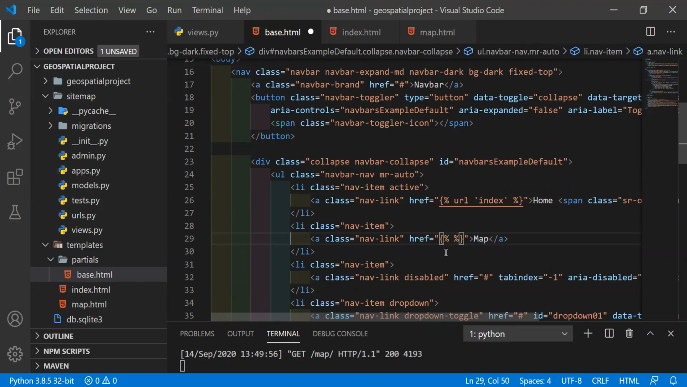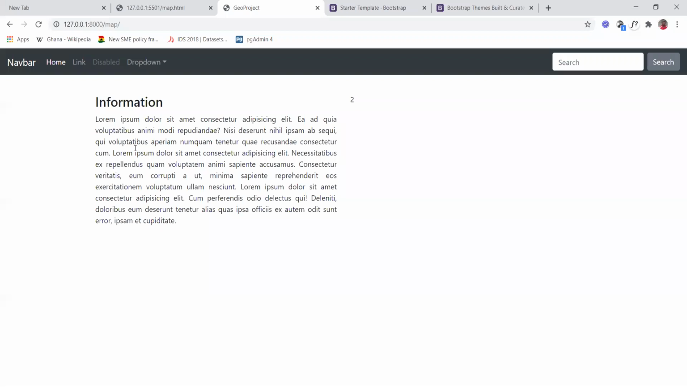I mean, I covered this in the TPM. That's why I'm running very fast over here. So we are just going to say map over here. Now when we save and we come back, we should be able to navigate through it. So for instance, when you click on home, we are going to go to